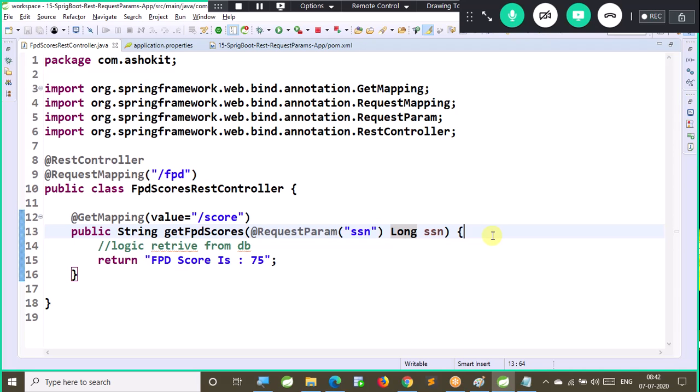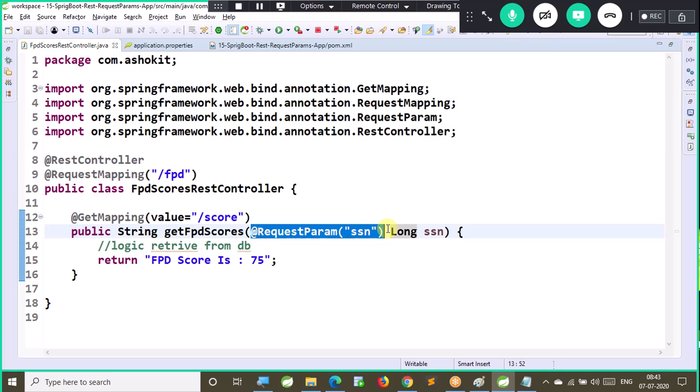That is also taken care by our dispatcher servlet as part of pre-processing. Before calling this method, it checks what the method parameter is and the type of the parameter. Method parameter is SSN, that is a request parameter, and it is a long. Client sends that in the URL. It will take that value, convert it to the long value, and supply it to this method as a parameter. That is called pre-processing of a request. So to call this method, dispatcher servlet should read the data from the URL, convert that value to the long value, and call this method by passing that parameter. I hope you are clear with this request param annotation.